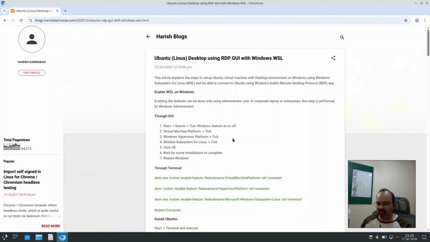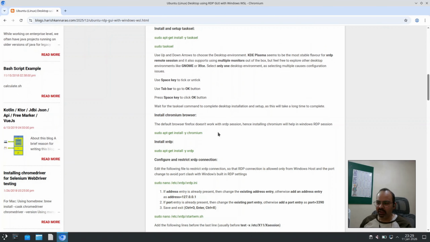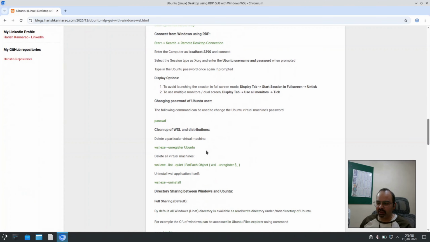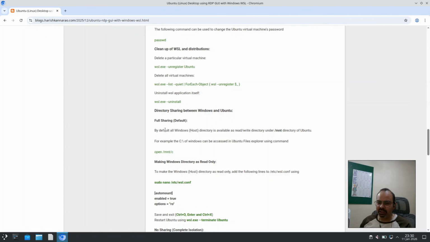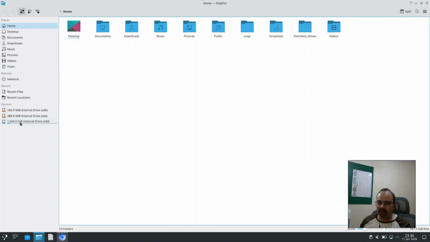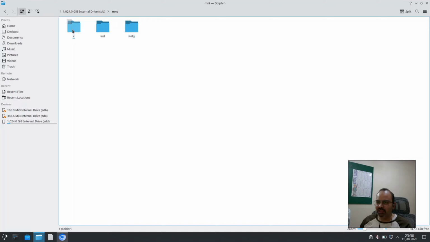So the first check is working fine, and the next thing we want to ensure is the directory sharing. So by default, once you connect to RDP, the full directory sharing is enabled. So if you launch the file manager and maximize, it's in the mount directory. So if I go to the std and if I go to the mount, you can see the C directory, but it's a trick. So what I realized was, if I go to mount C, I don't see any files or folder, because